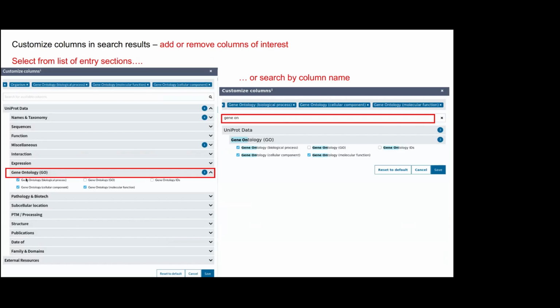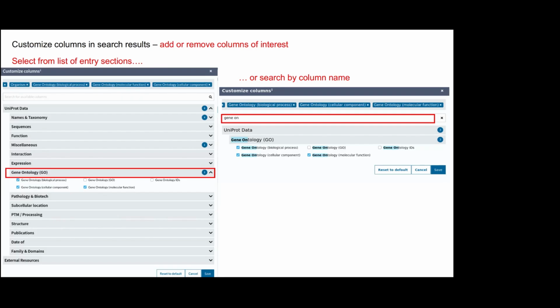You can either select from these sections, Gene Ontology, click on the arrow, and then select which ones you want to see. Or if you're finding the list too long, or you can't think of which section your concept is possibly found in, you can start typing the concept you're looking for, for example, Gene Ontology, and then you get a